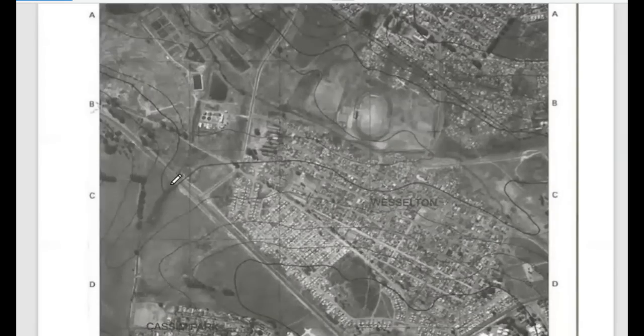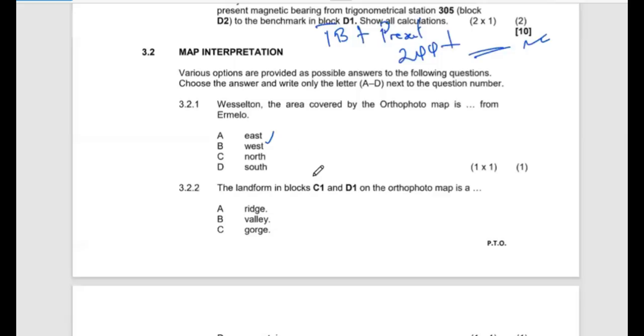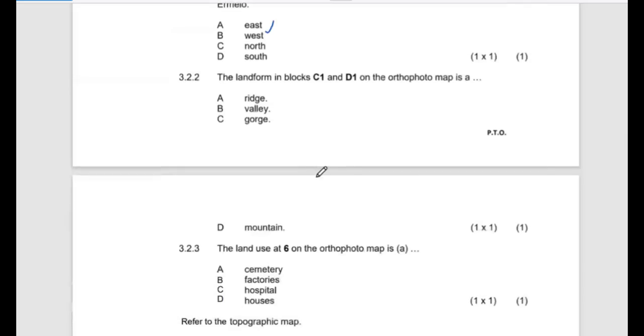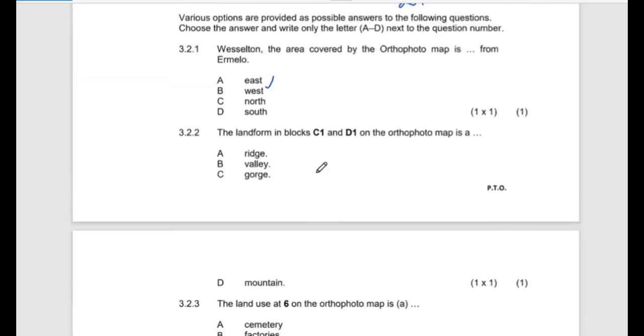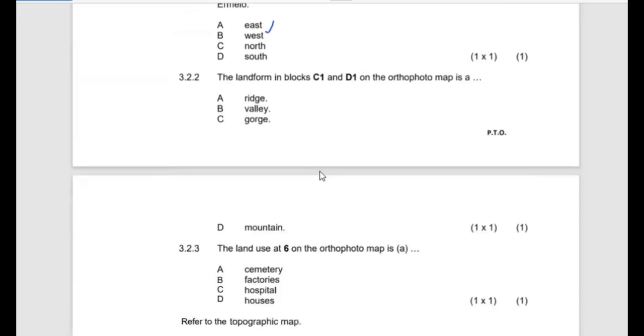It implies that this is a low-lying area and is sloping going towards this direction here. So what is most likely to be the nature of the landscape as portrayed by those contour lines? It's most likely that could be